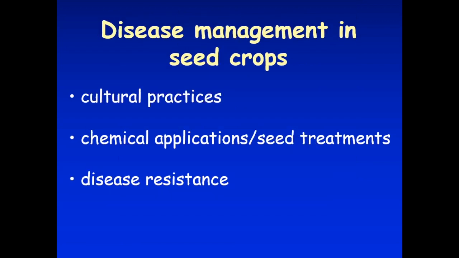So this is all established stuff, but it is helpful to think about disease management in your seed crop from, I tend to divide into 3 categories of management strategies. One is cultural practices, the way you grow the crop. The second is chemical management practices. And just because you're organic doesn't mean you aren't necessarily using stuff that works in a chemical format. So certified organic products are still chemicals. And there are some pretty effective options out there and some not very effective options. And a lot of it has to do with how you work with these products. And seed treatments, as Jody's mentioned, even things like bleach, that's a chemical that you're putting on your seed to treat the seed. And then, of course, disease resistance.